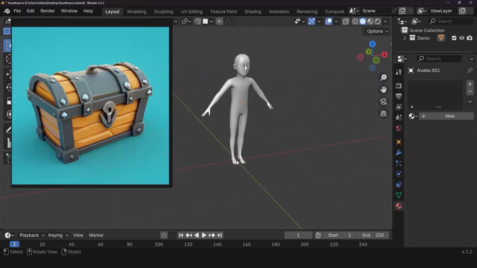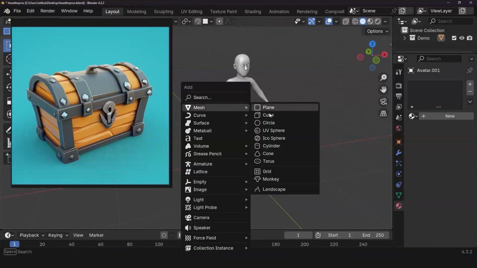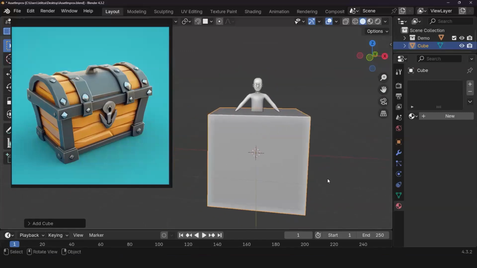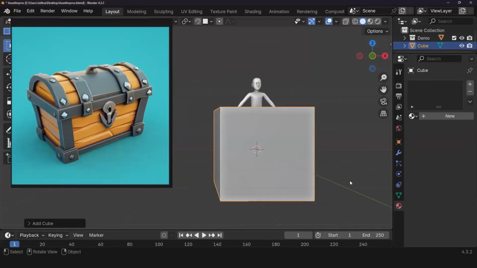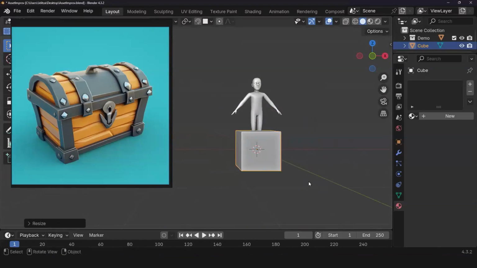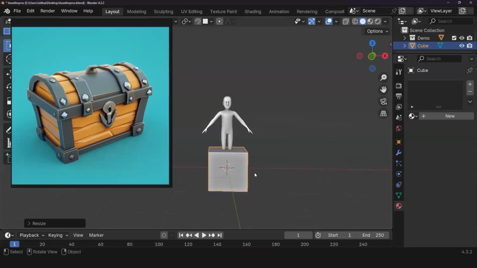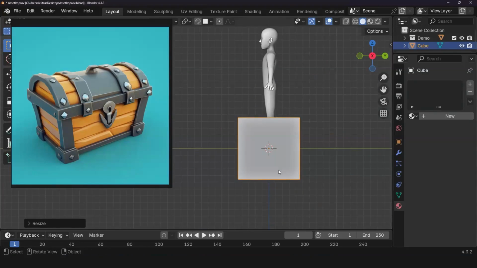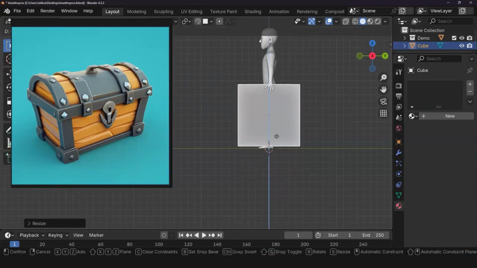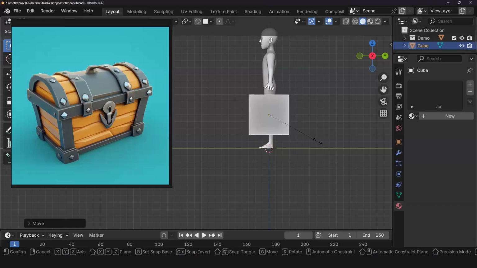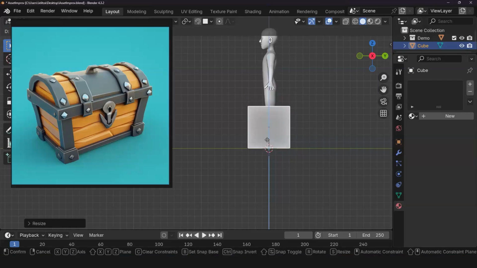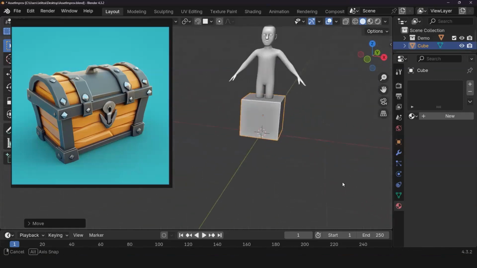Yep. And let's do a Shift A, and I'm going to go ahead and create a cube. And I'd like to scale it down, of course, because it's huge. So I'm going to do scale. And I'd like to also bring this above the grid. How I'm going to do that, I'm going to bring this guy G, Z on the Z axis, and I'm going to scale it. I think this will be a decent size treasure chest.